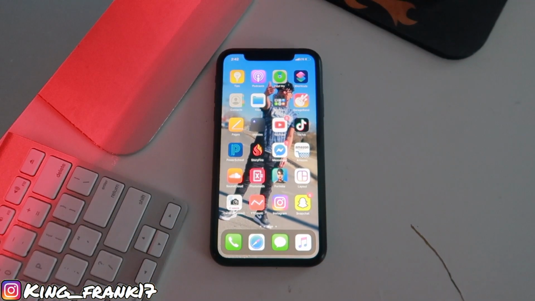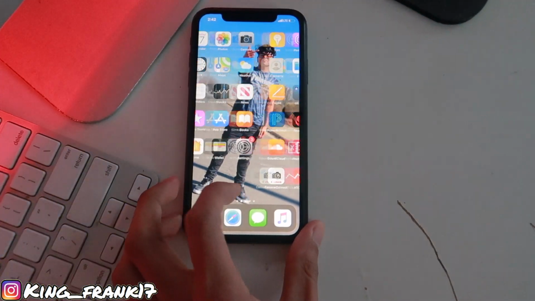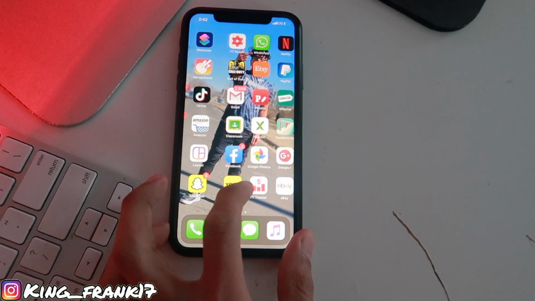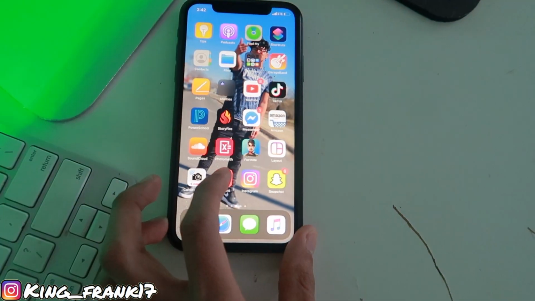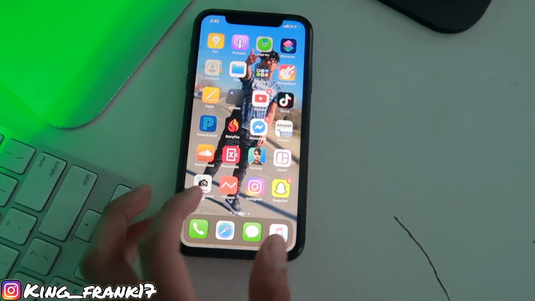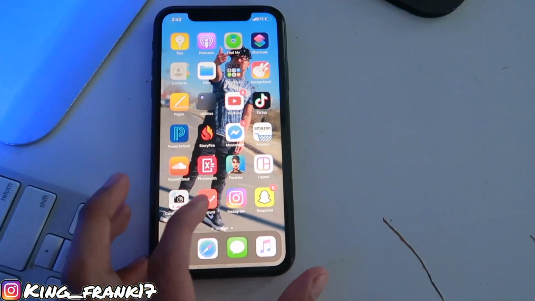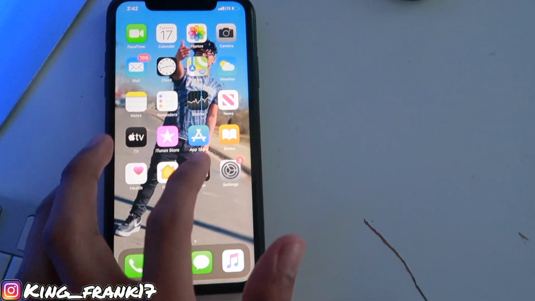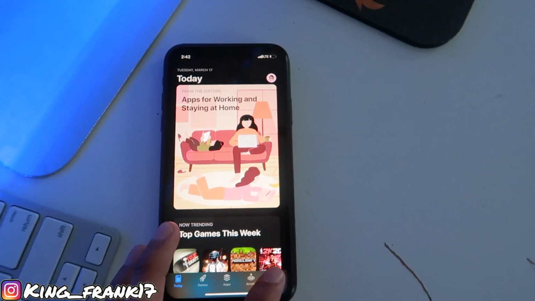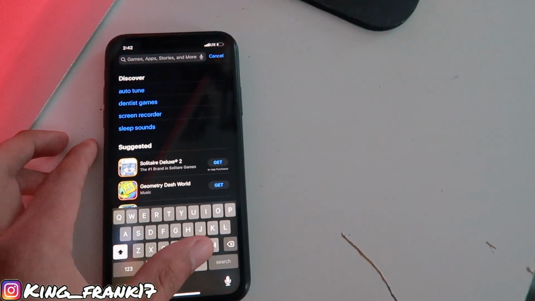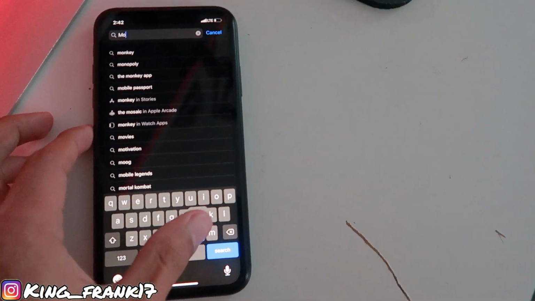TVK the GOAT, and today I'm gonna teach you guys how to get the Monkey app on any device, Android phone. So the Monkey app has been deleted, and I just woke up, so I'm back. Alright, so as you guys can see, there's actually no Monkey app. Look,